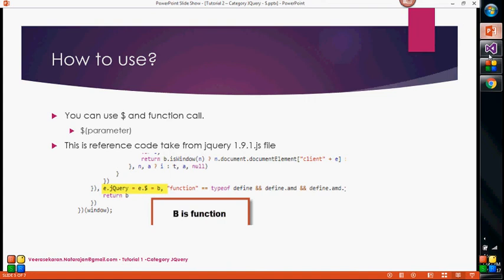So in our example we saw how we are going to create the alias name. Like that, b is a function, and they assigned it to dollar and also to jQuery. So this is how they create the dollar alias for the particular method. Okay,